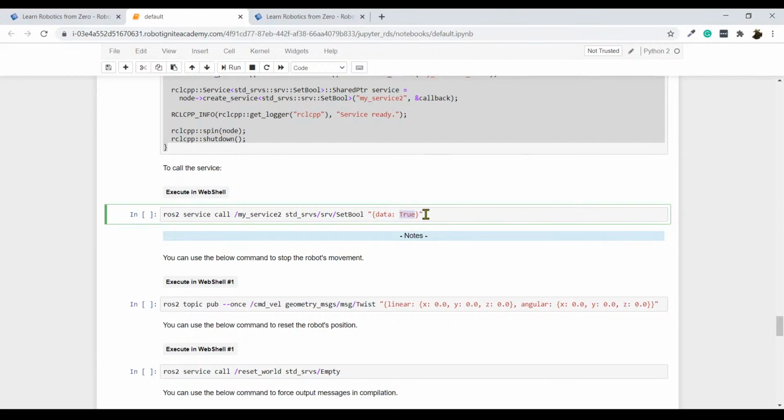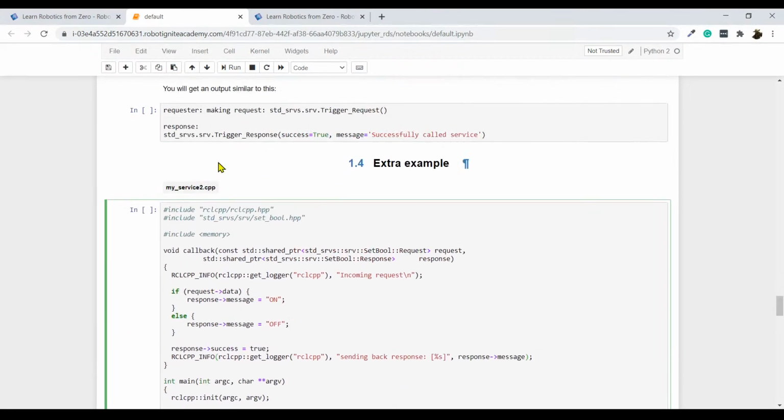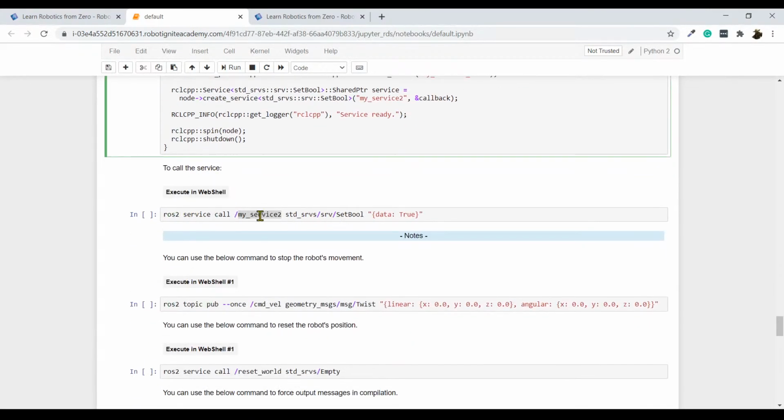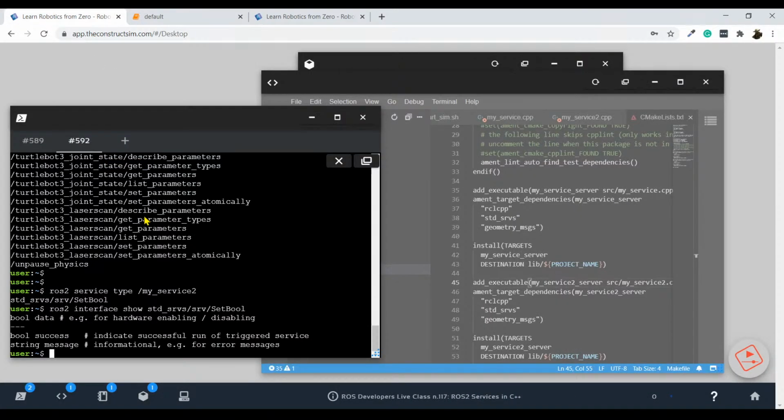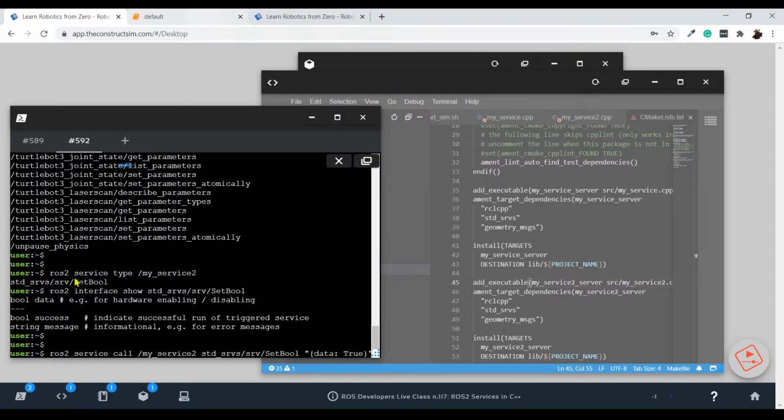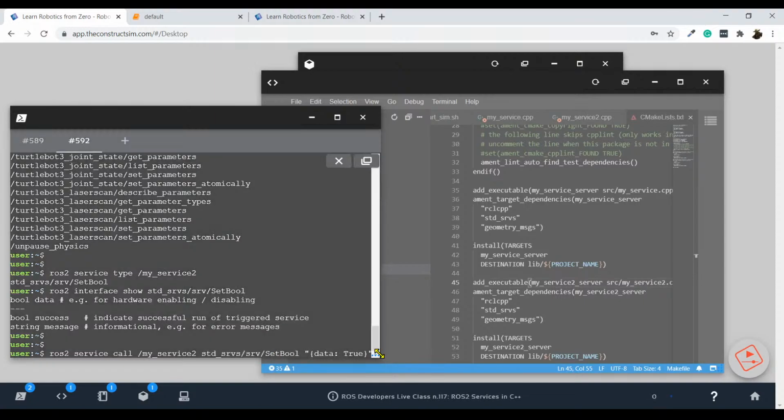Then, now, if I want to call it, I'm going to have to set some data into the request, which is what I am doing right here. Right below the code, you have the command to use in order to call this second service that we have created. So let me copy this and paste it here. So ROS2 service call, remember, we put the name of the service, which in this case is my service2. We put the name of the message, which in this case is setBool. And finally,